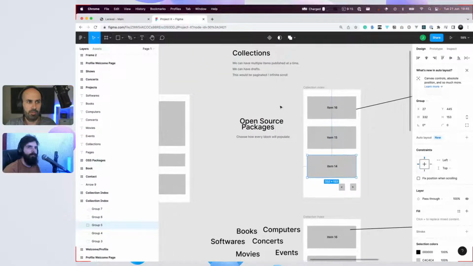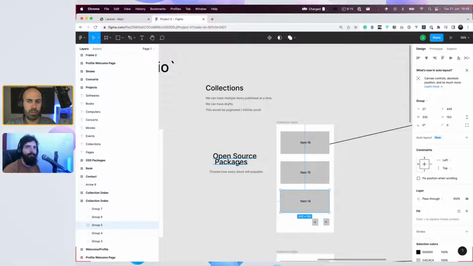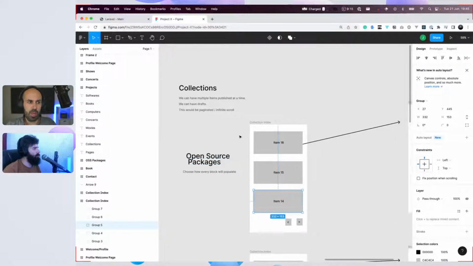Imagine we have open source packages that we want to display and showcase a little bit about. We would start an open source package collection, and from there we would have several collection items listing them.